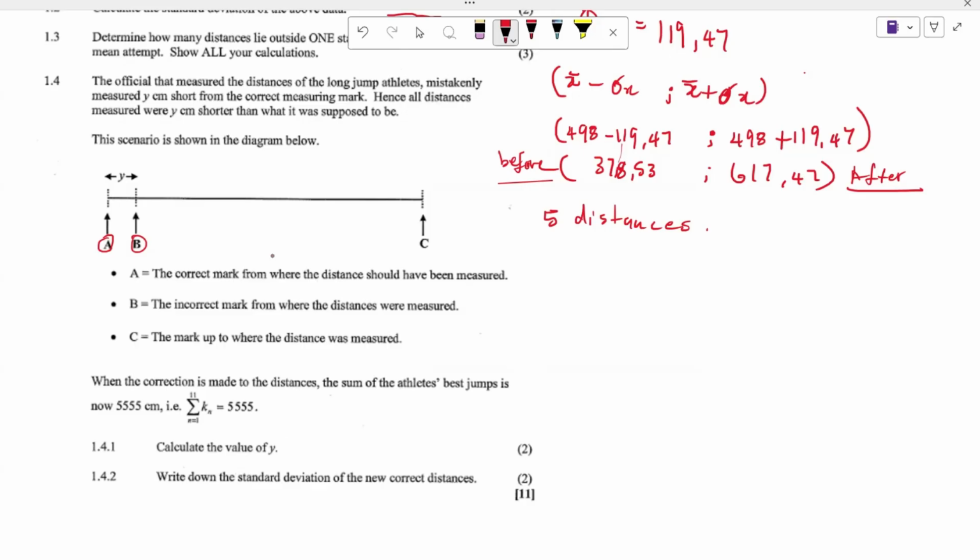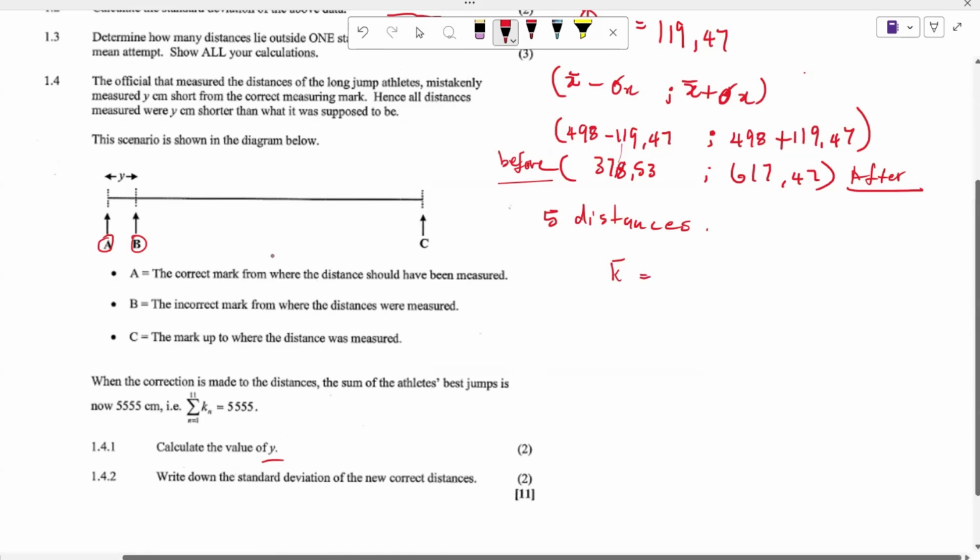So what does this mean? From here, to find out what the new average will be, it is simple. We can do it this way. Our new average here will be what? Remember here they use K, so the average of K is going to be 5555 divided by 11, right? And what are you getting here? You are getting your average of K, which is going to be